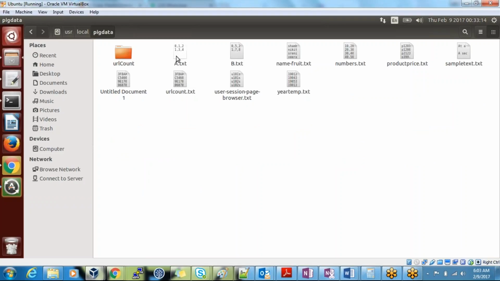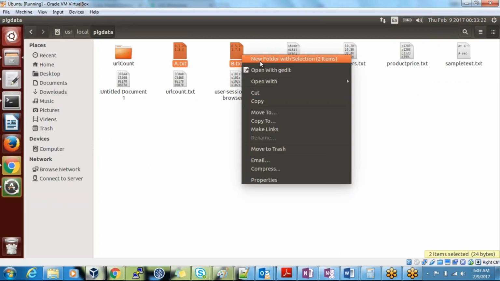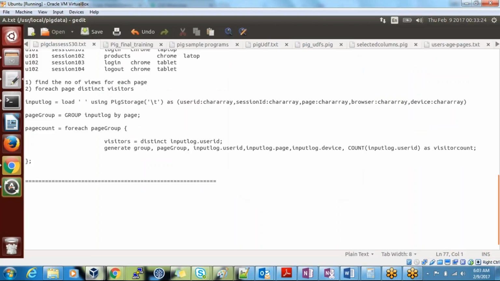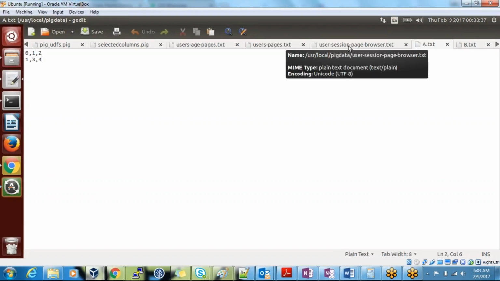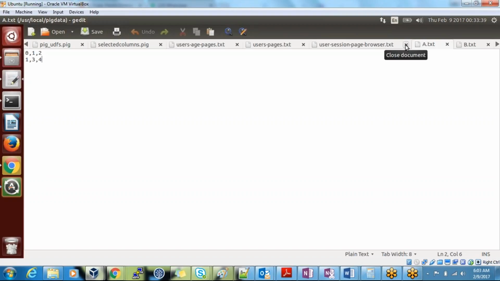If you go inside, I have files called A and B. Let's see the input. This is my A page, 1 comma 0, 1 comma 1, 1 comma 2, 1 comma 3, 1 comma 4. Let me close this. I don't need it.